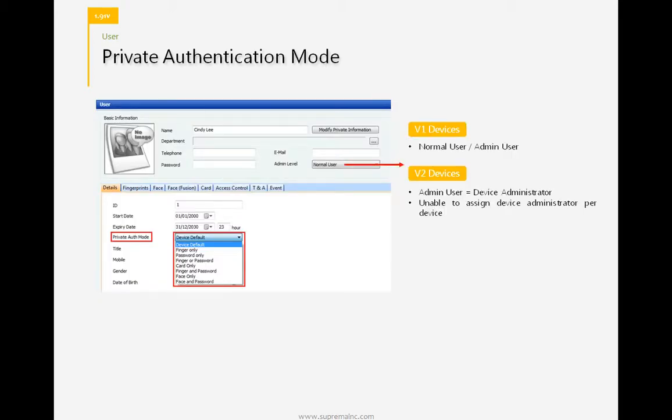Private authentication mode. I'm going to explain about the admin level first. The admin level for version 1 devices is only normal and admin user. Same applies to version 2 devices, only normal and admin user. But if you remember, in BIOS 2, we had a device administrator, so you were able to set certain users to be device administrators on the device. But this is not working anymore. So the device administrator will be the same as an admin user, and you are not able to assign any device administrator